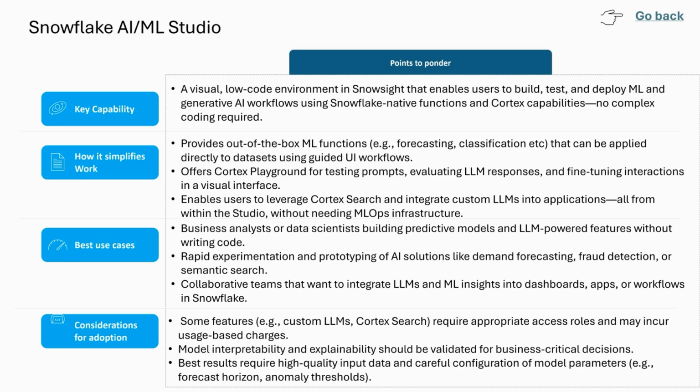Even if they are getting started, they can seamlessly come and use the AML Studio, and then they can explore the functionalities available, and they can build whatever they want in terms of the AML use cases within Snowflake. Absolutely. Can we go to the next slide, please, Keith?